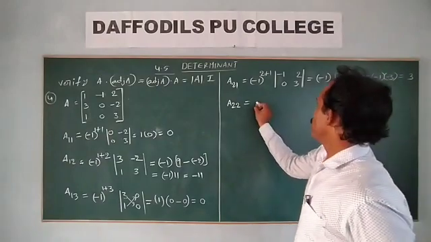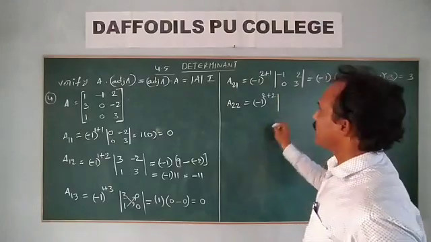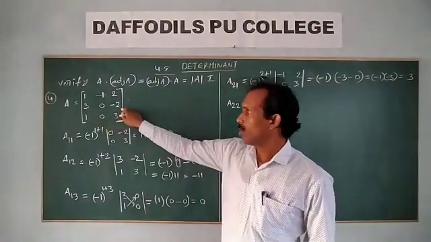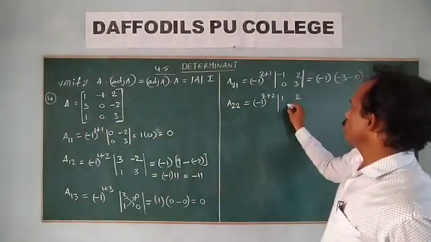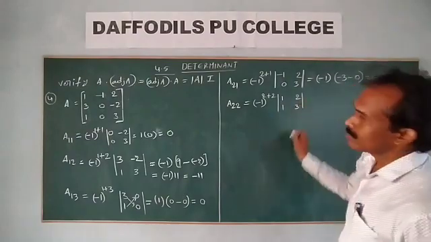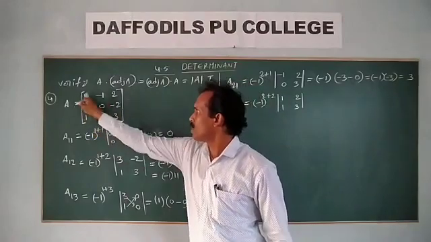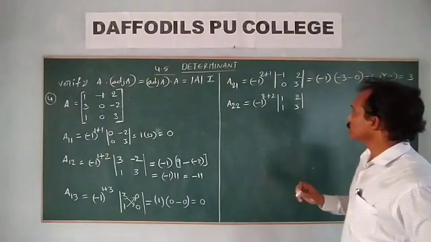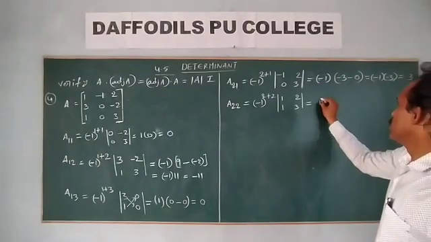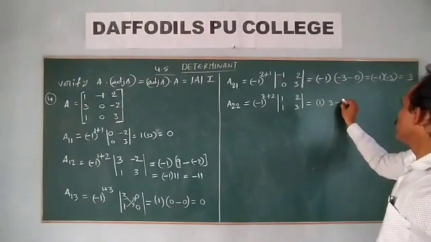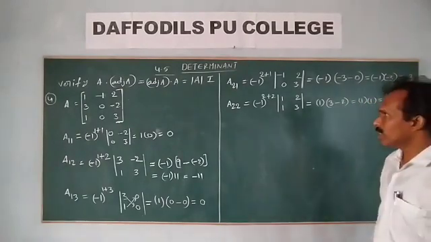A22 is minus 1 to the power of 2 plus 2, and its minor. Deleting this row and this column, the minor is 1 2, 1 3. Therefore minus 1 to the power of 2 plus 2, an even number, so plus 1, times (3 minus 2), which is 1 of 1, equal to 1. Next step,